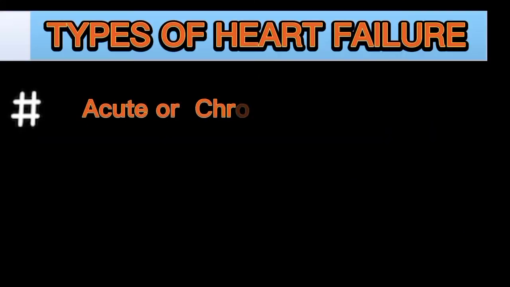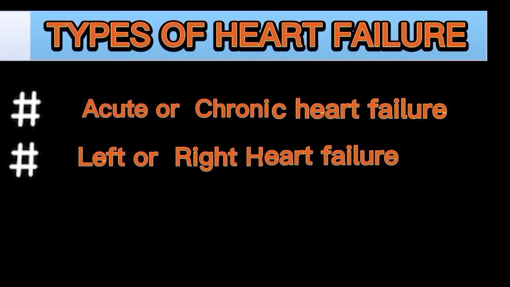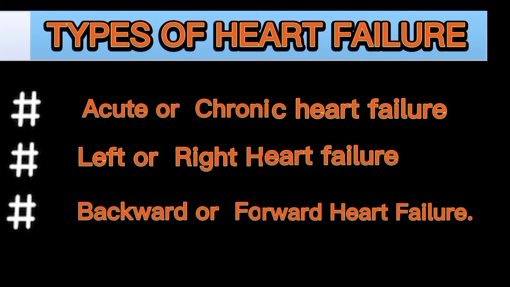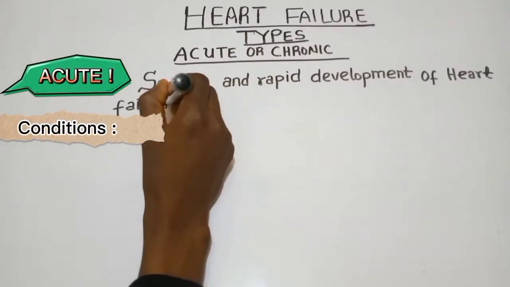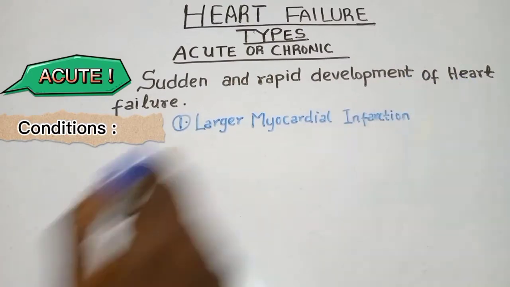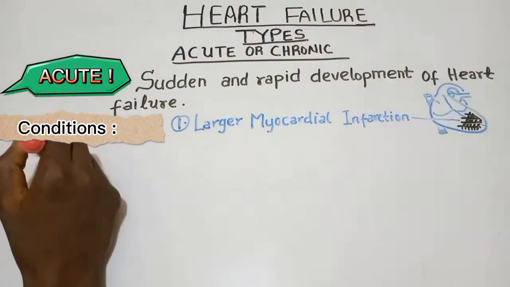What are the various types of heart failure? Heart failure can be acute or chronic, left-sided or right-sided heart failure, backward and forward failure. Acute heart failure. This involves sudden and rapid development of heart failure. Conditions that can cause it include large myocardial infarction, valve rupture,